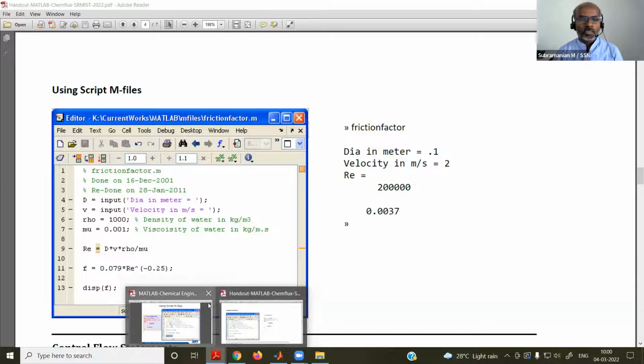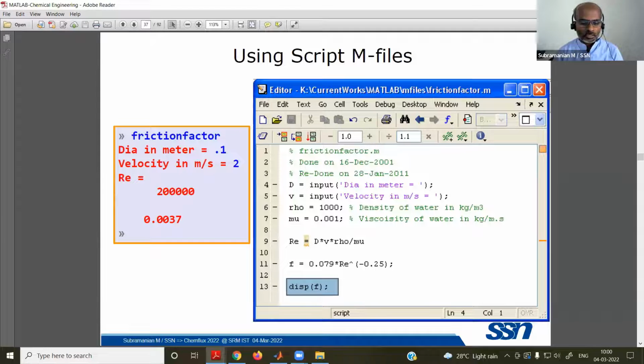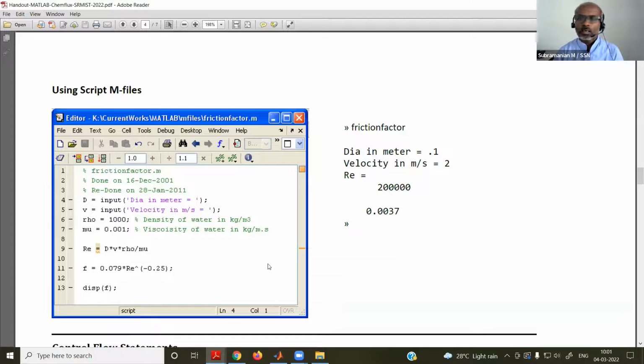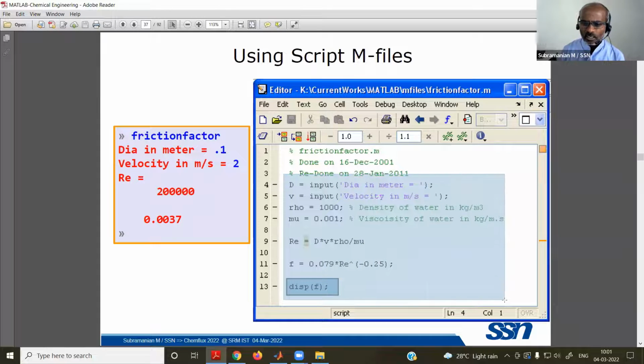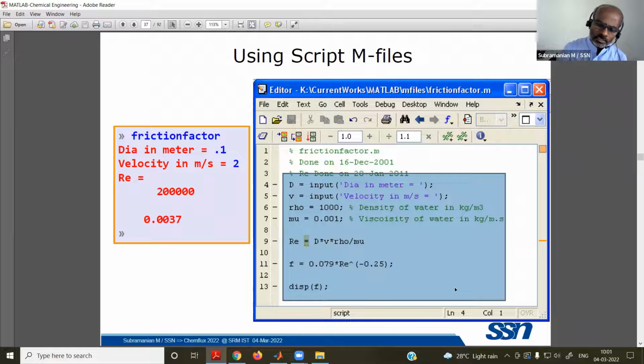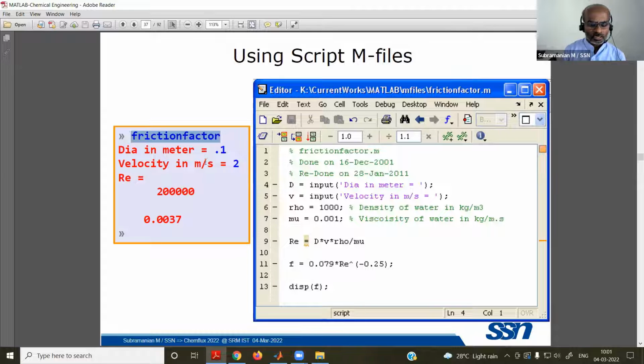MATLAB, what is it? Where are we? Fine. So this is what is called a script file. All the contents you are writing are in a file. Here we don't have any function or other usage. Some built-in functions, some variables, some calculations. Instead of typing this in the command prompt one by one, we are doing this separately in a text file, and this file is called from the command prompt.